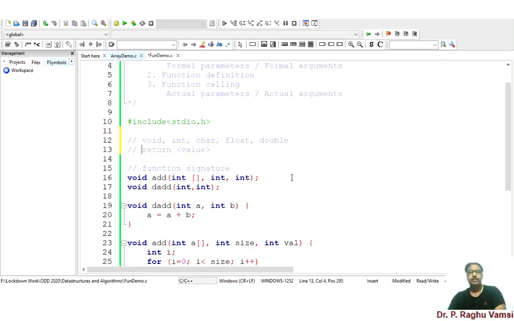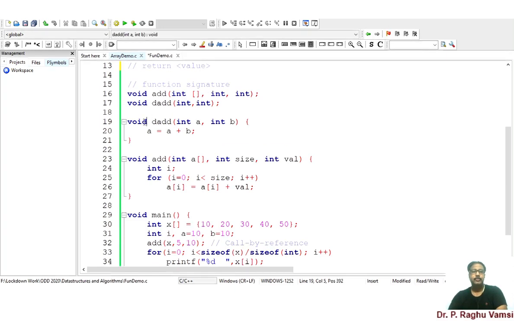So this is the way you are supposed to use the return type. For example, I am modifying this dadd from void to int. So you are supposed to mention the return value like this: return a is equal to a plus